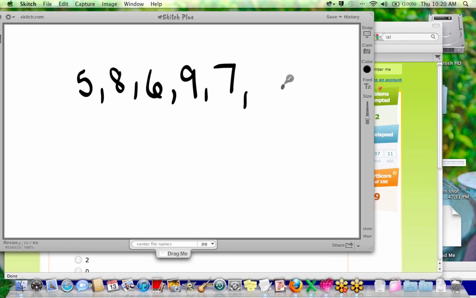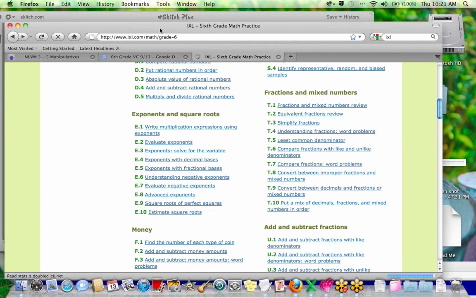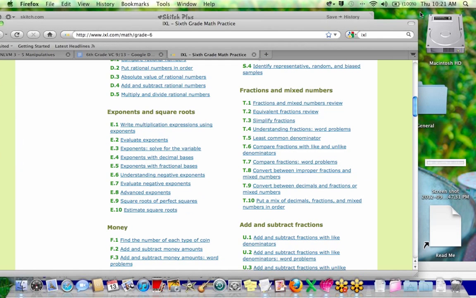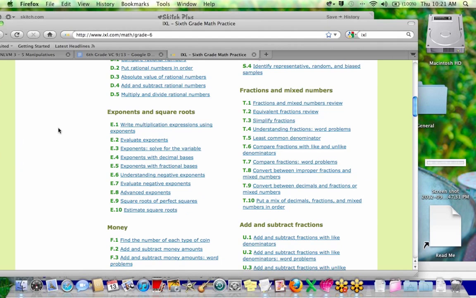Okay, yeah. Jack, turn on your microphone and tell me what the pattern is. The pattern is add 3, subtract 2. Perfect. These are way too easy for you guys. I think there might be some harder examples on this website that we were just on. Is that correct? Yeah, that's correct. That was right. Let's take a look.